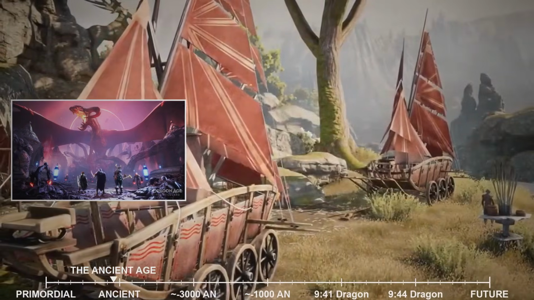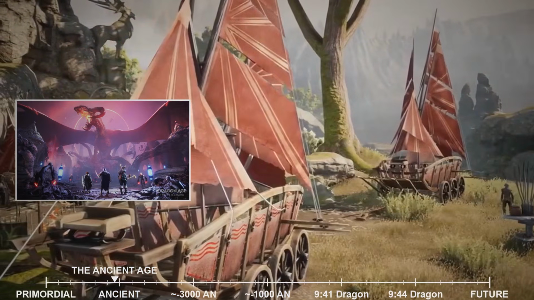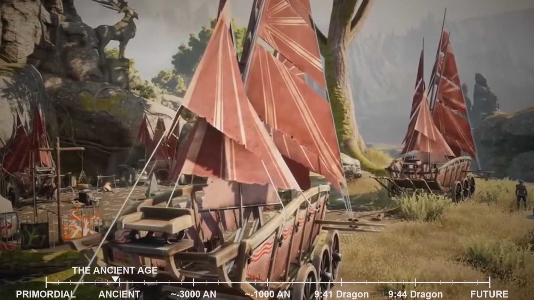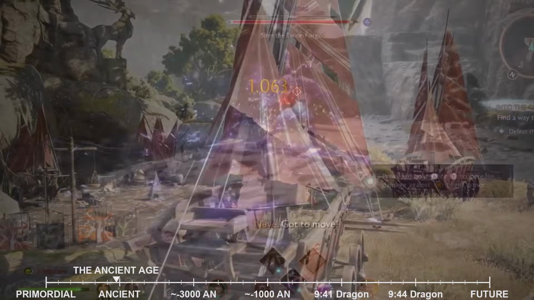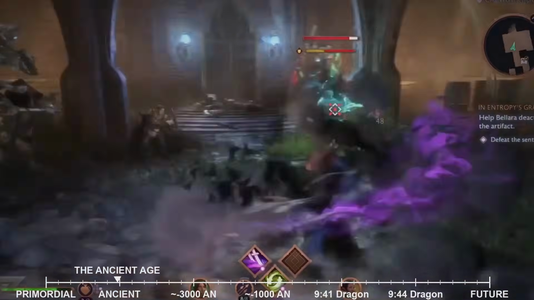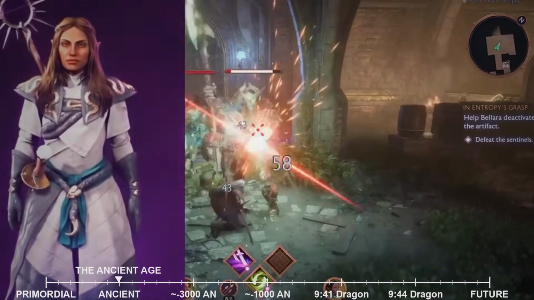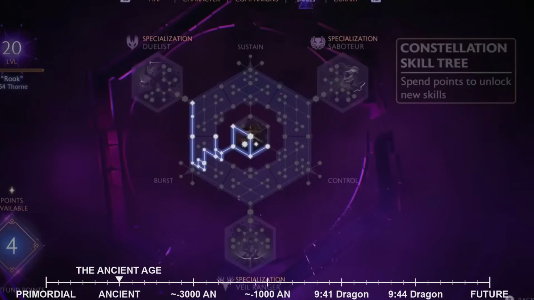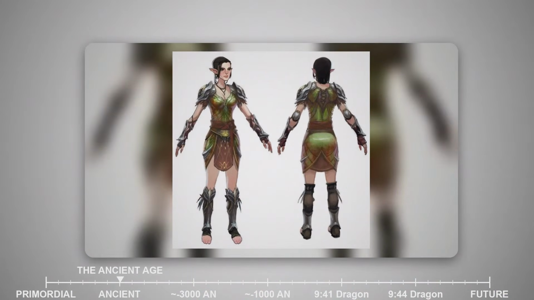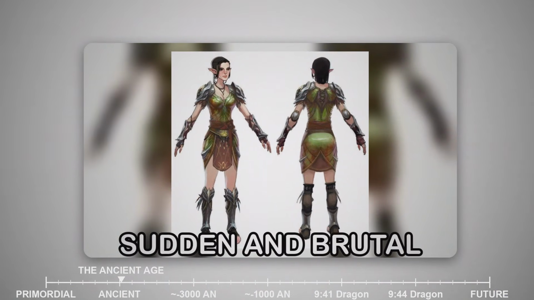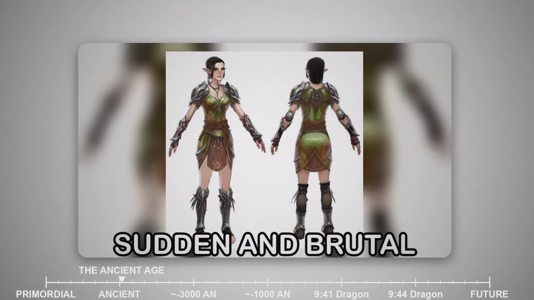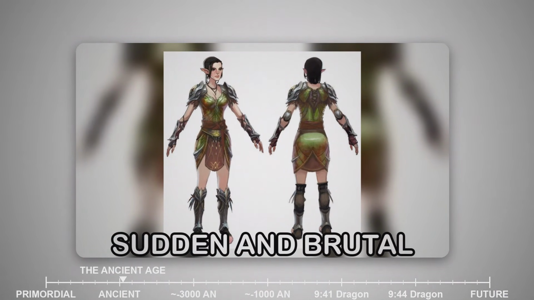The creation of the veil does not only affect the Evanuris, it affects every living thing in Thedas, but most especially the elves. The elves of Elvenan have always drawn their power, their immortality, their very essence from the Fade. With the veil in place, that connection is severed. The change is not gradual, it is sudden and brutal. The elves become mortal. Their lifespans, once infinite, are now measured in decades rather than millennia.